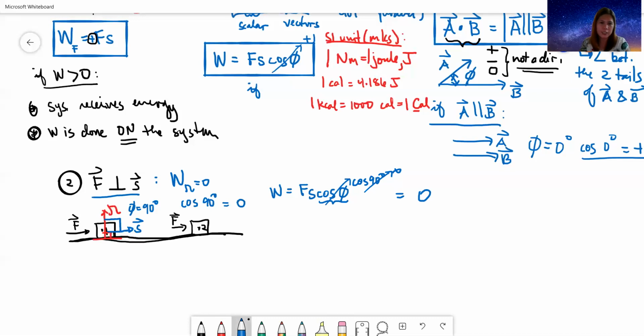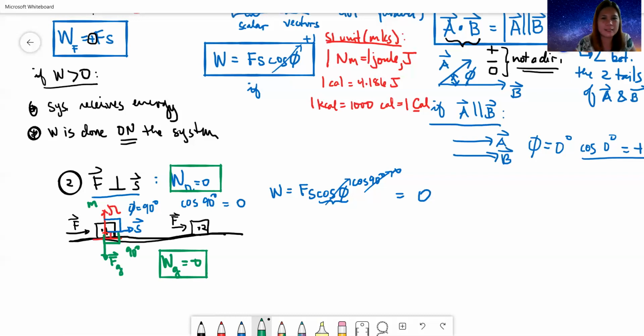What are the other forces here? Of course, meron siyang mass. Ang box merong mass. Mag-i-interact yan sa mass ng Earth. So, meron siyang gravitational force na natatanggap, which is just equal to its weight. So, this is F gravitational, equal to its weight. Habang pinupush yung box to the right, displacement is to the right. So, the angle between F gravitational and S is also 90. So, the work done by gravity is also 0. No energy contribution kasi 90 degrees siya.